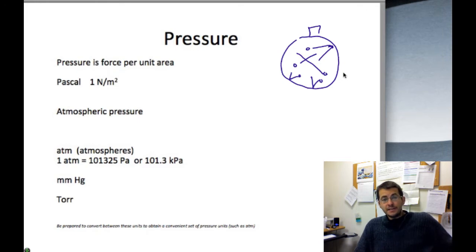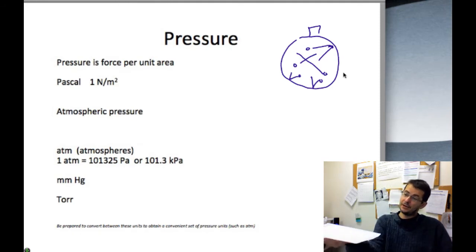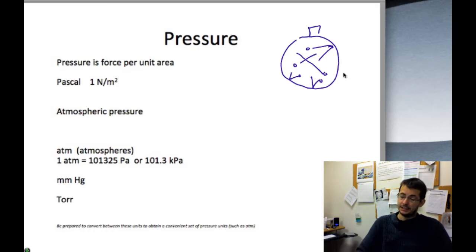A more convenient unit for pressure, though, is the atmosphere. It turns out that, just like this paper pressing down on my hand, we, at the bottom of our gravity well,